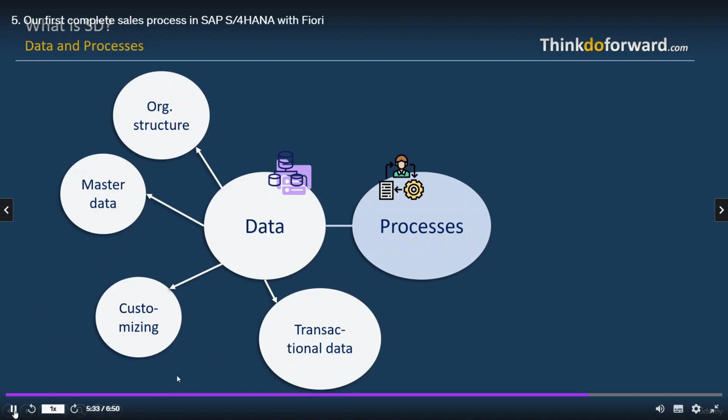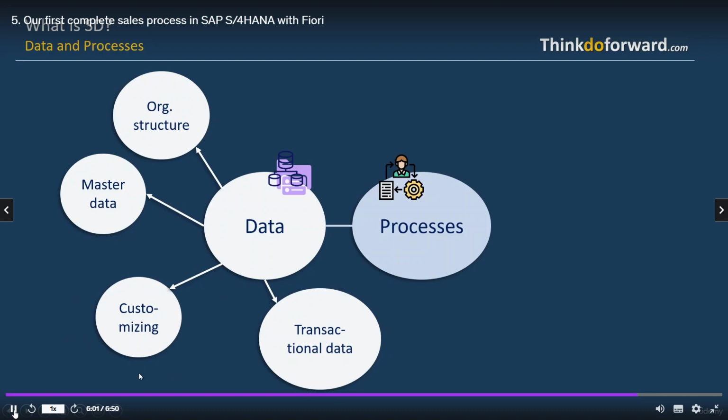Customizing is the setup of the process types, the setup of the material types, and you set up a lot of things to control your process within SD based on customizing. And customizing is data as well. The difference between customizing and master data is mainly that master data will be maintained by the user, and customizing mainly maintained